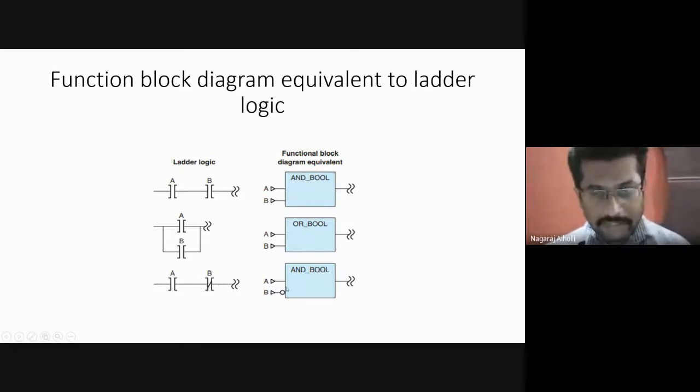So we are having A here, then we are having a not bubble. This is called a bubble. The circle indicated here on the B input, a small bubble, indicates the not function, not of this, the opposite logic. Then the output will be activated. So these are the various functional blocks indicating the same ladder logic functionalities. It is a series function, the AND function, a parallel function, the OR function, and a series with the NOT, that is represented by this block diagram.